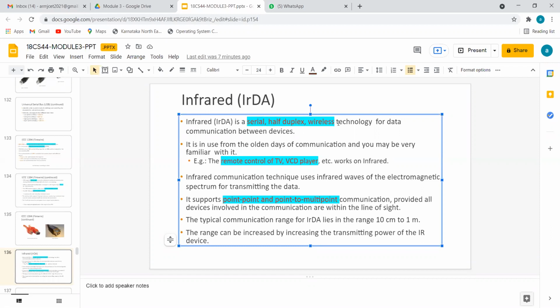And second, it's wireless. All the TV remotes are wireless. Nowadays some evolution is taking place, like in mobiles, where we can use TV remote applications, and other modifications are taking place. But basically infrared is serial, half duplex, and wireless. Smart TVs will also give a response back. Now we can really play some games standing in front of the TV, moving right, moving left.